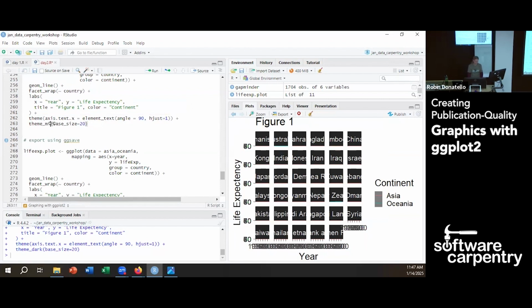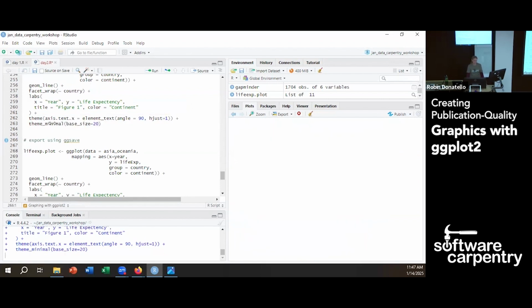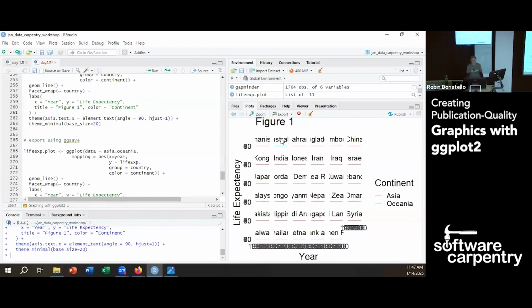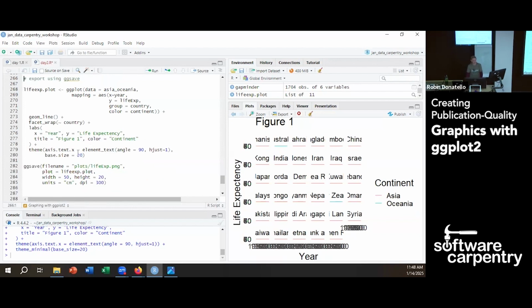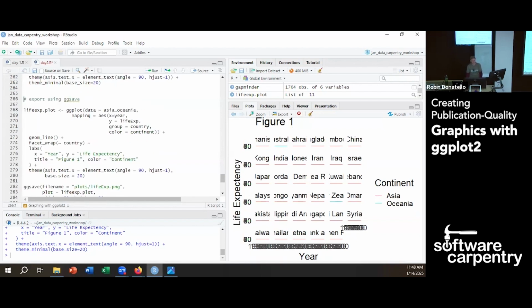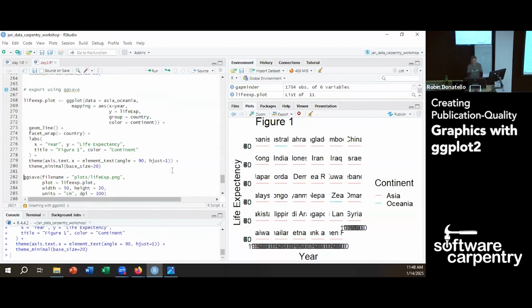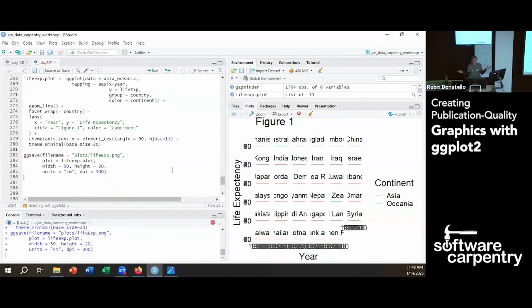I personally like theme minimal. But if I applied this to this one that I'm exporting that I made bigger,